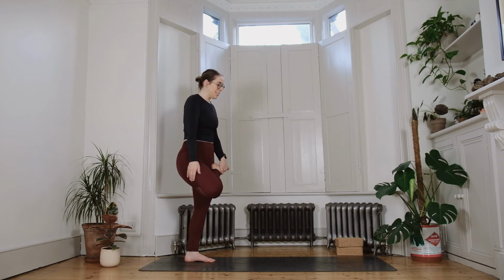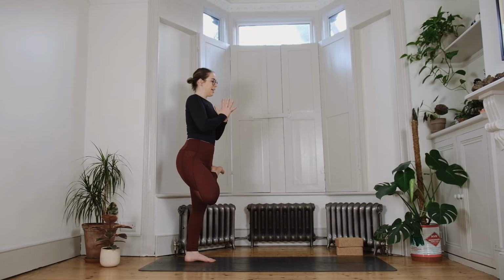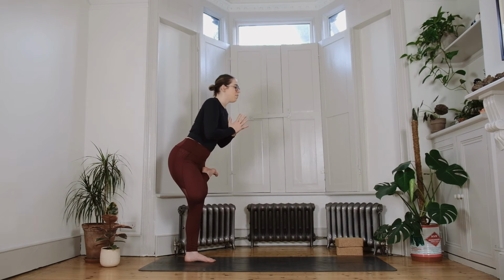Again, option one is to stay here and you can keep the right hand on the foot. Left hand can come to the heart center into your half Anjali Mudra. Or if you wanted to, you could reach the left hand behind you and go for that bind of the big toe. Again, if that's not a good option for you, maybe you're able to keep the foot in place and bring the hands together at the heart center. Again, as we exhale here, we're going to start folding forward,